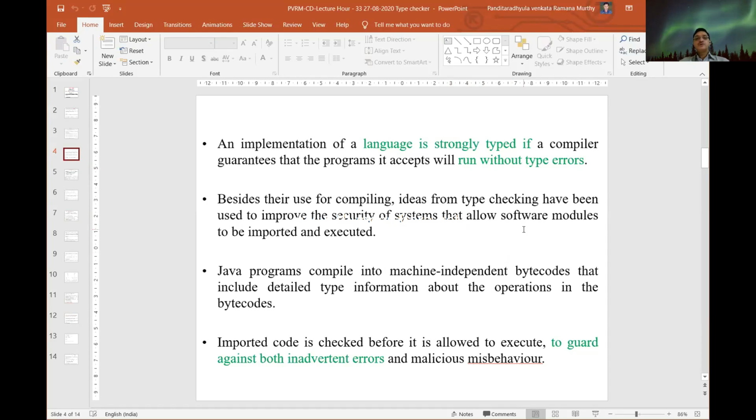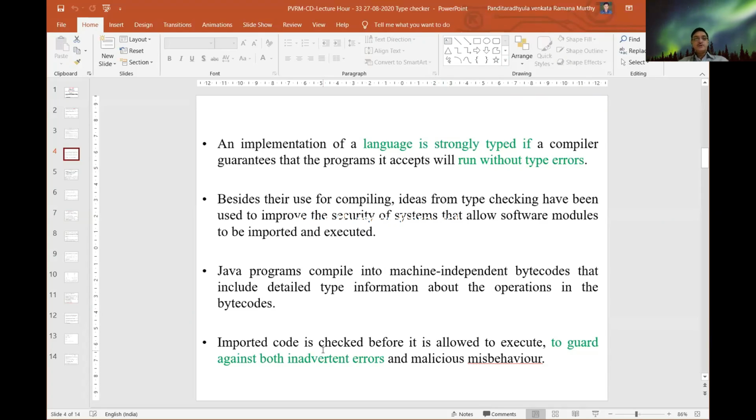That allows software modules to be imported and executed without any incompatibility issues. For example, Java programs are compiled into machine independent bytecodes that include detailed type information about the operations in the bytecodes.